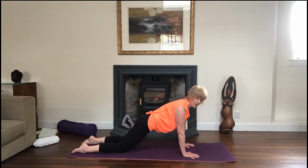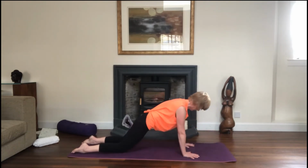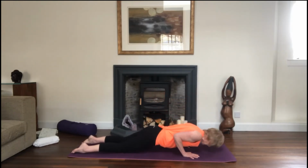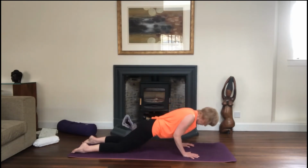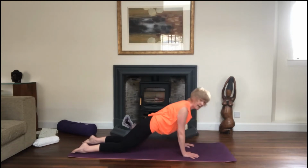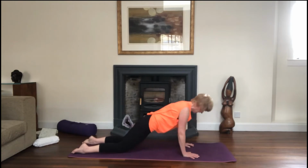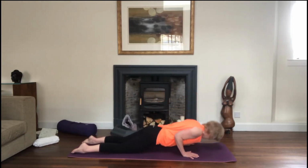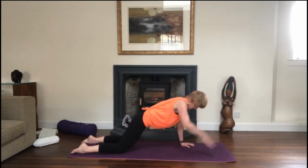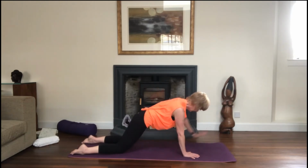Anytime you need to, you can go back to child's pose, take a breather, and join back in. But if you would like a little more, you've got a couple of choices. You can come up onto your toes and do a full tricep push-up. Or, after this one, we can bring in a little bit of pointer. So we're going to take the back arm and point it away as we come up. And then we're going to take the front arm. We're going to point it away as we come up. So we're taking ourselves from 4 points of stability to 3,